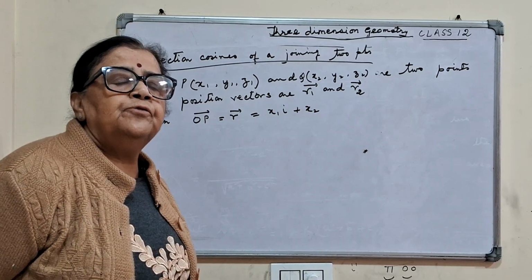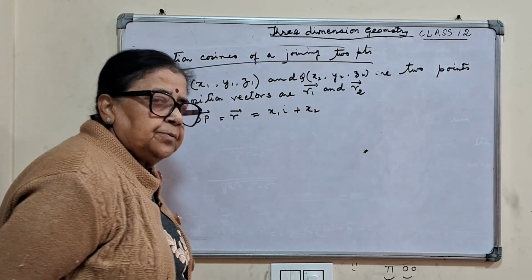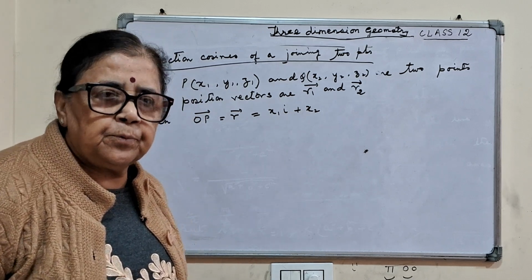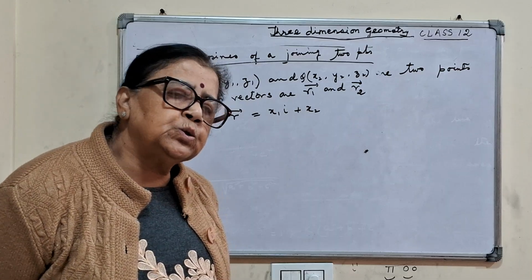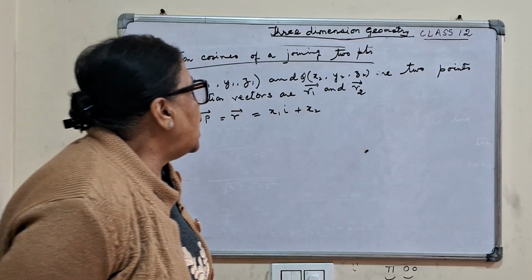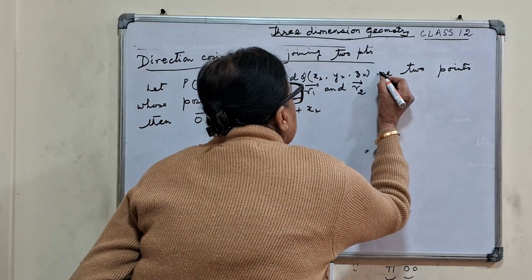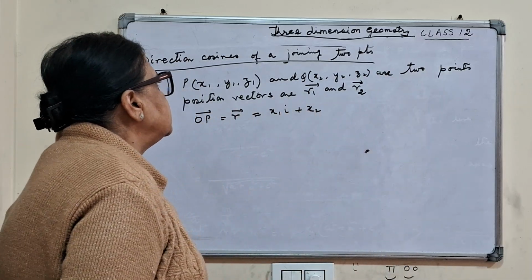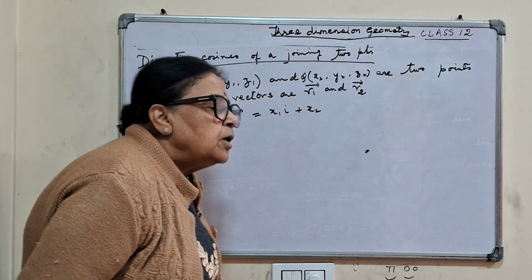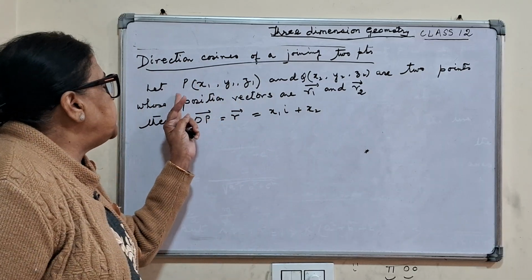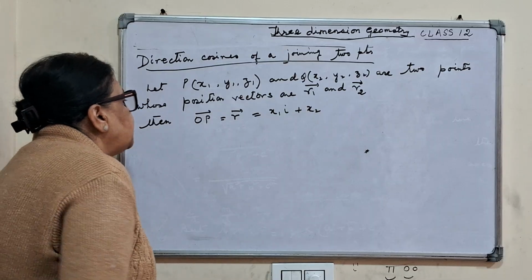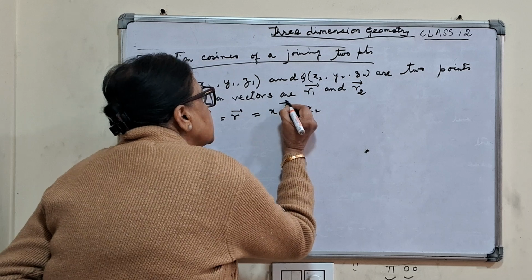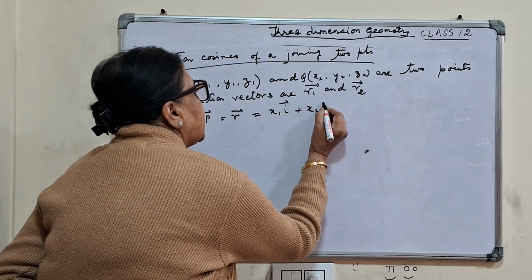Now, direction cosines of a line joining 2 points. Let the 2 points be P (x1, y1, z1) and Q (x2, y2, z2), whose position vectors are R1 vector and R2 vector. This is P, this is Q. Then what will be the OP vector? OP vector is R1 vector, that is x1 i cap